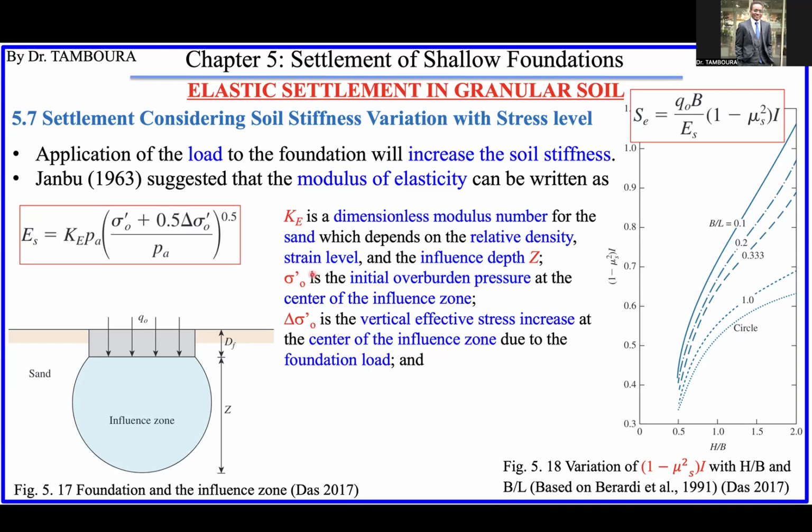Okay, so this one is before the load, and this one is brought by the load. Okay, and this is atmospheric pressure. So if we have all these, we will be able to estimate the elastic modulus. So this means, according to this equation, this reference, for a soil, you can easily estimate